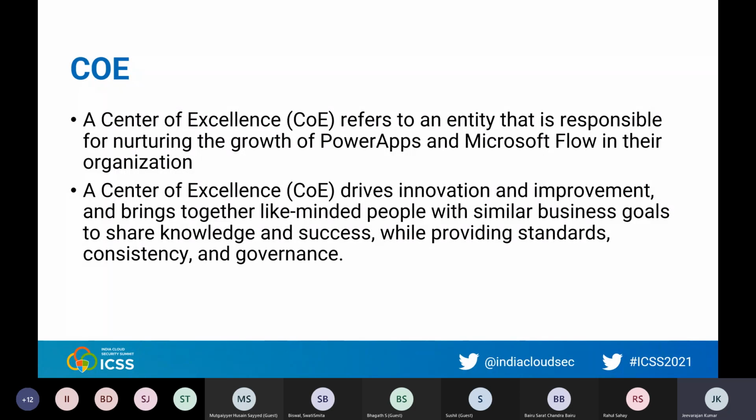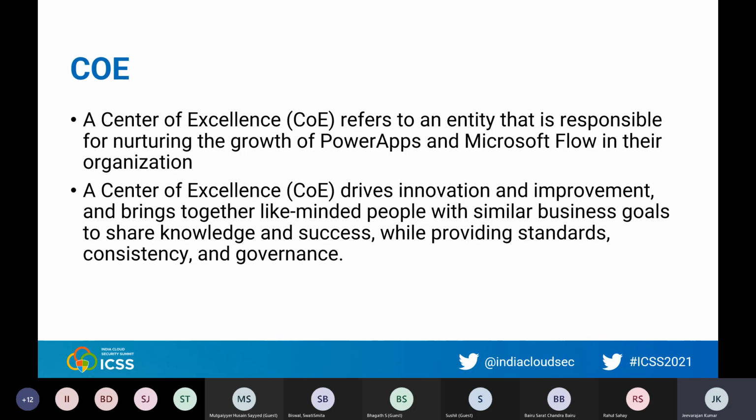In this context, it's the growth of Power Apps, Power Automate, Power Virtual Agent, and Power BI, overall the Power Platform, and also model driven apps, where you involve even the Dynamics 365 components of it. The CoE basically drives the innovation,